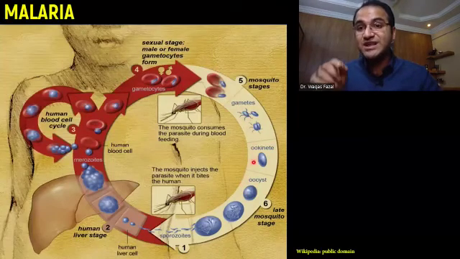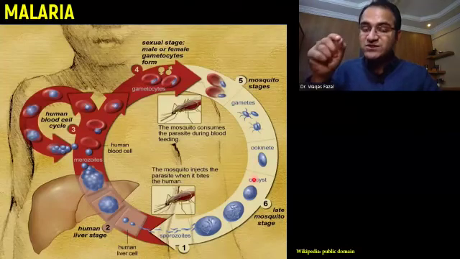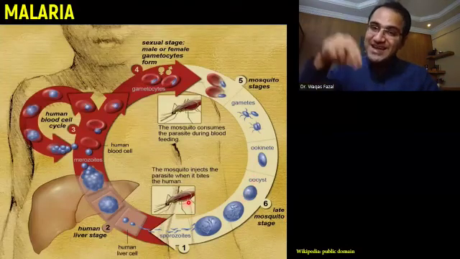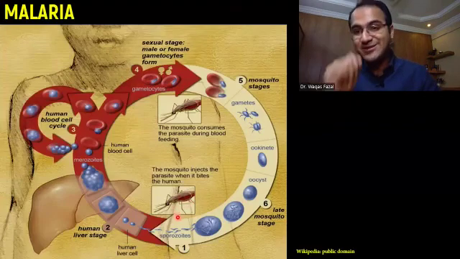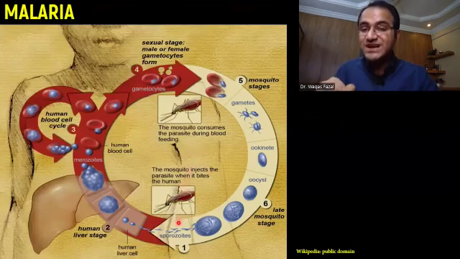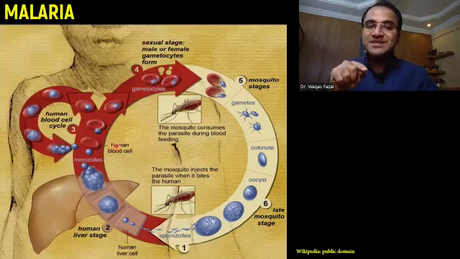These gametocytes fertilize within the Anopheles mosquito, and then sporozoites are formed, and then these sporozoites are again injected into the blood of a healthy person. So the key point in the whole life cycle is that sporozoites are the ones that are injected in blood, and then they replicate in the liver, then they go into the